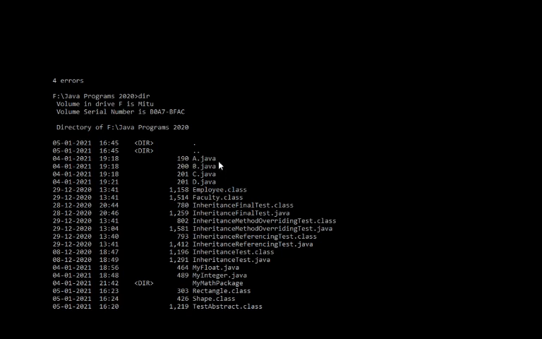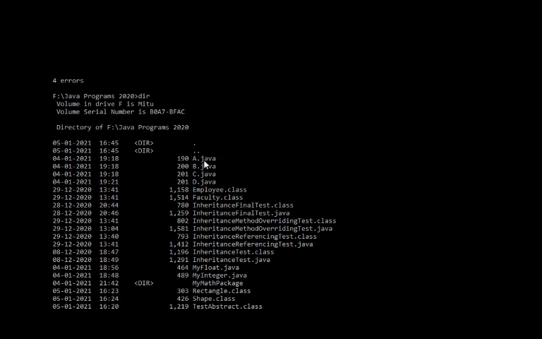So it thinks that we have not created the class file here, because this is where it starts looking, from the current directory. So that's the default. What happens is that it finds these ABCD.java files, but it does not find the ABCD.class files. So how to solve this problem?